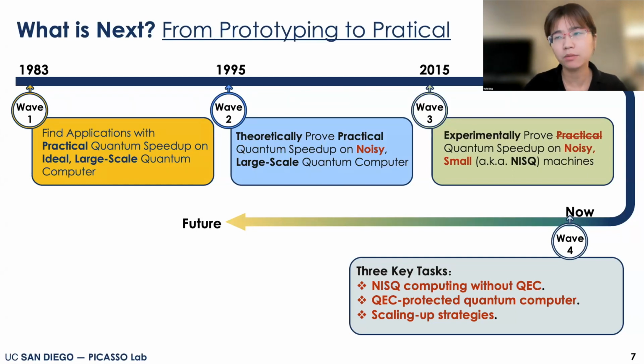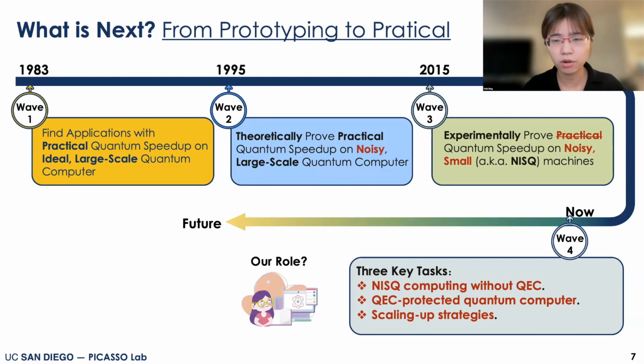And the second research direction, I think, is following wave 2. It's possible that we can only achieve quantum practical speed up when we have an error correction protected machine. And then the question is how to enable this quantum error correction protection, especially with limited computation resources. And no matter whether we go with wave 1 and wave 2, or wave 2 and wave 3, for these first 2 tasks we always need to scale up our machines, including more qubits in the system, so that we can increase its computation power. So these are the 3 tasks in my mind that will be crucial for future quantum computing.